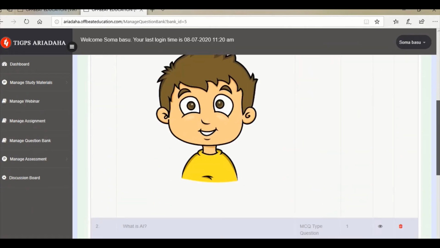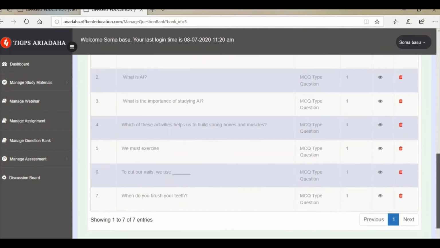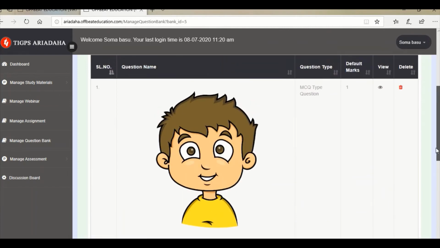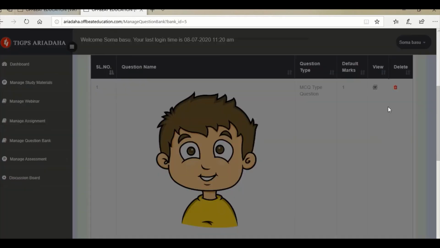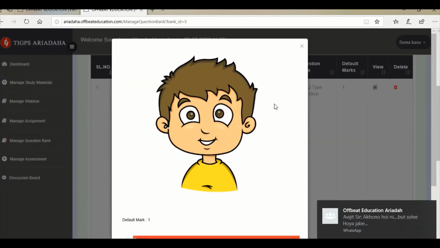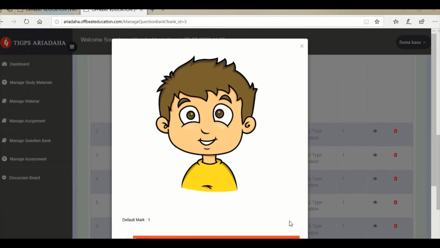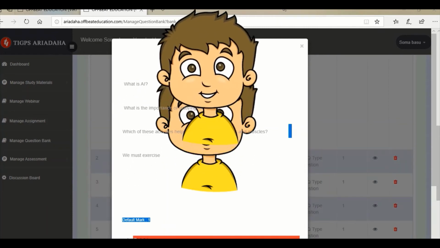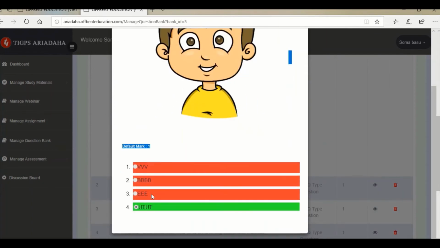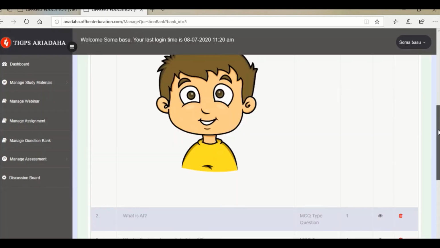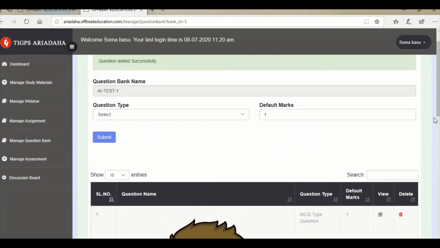Now I am showing where the question is. So this is my question, only this picture, and I am viewing the options. Yes, so these are the options. Okay, now I am showing you